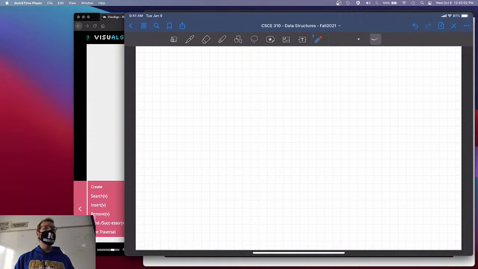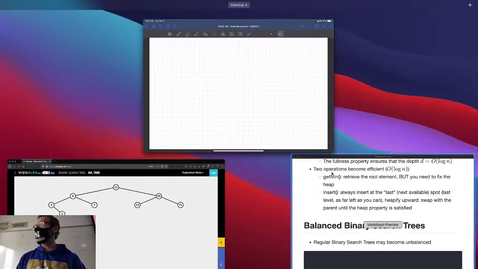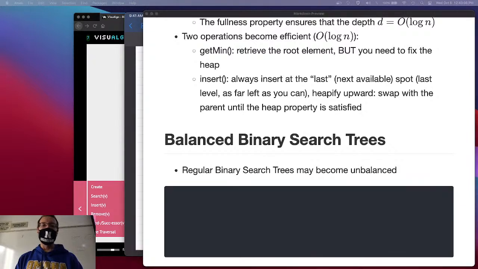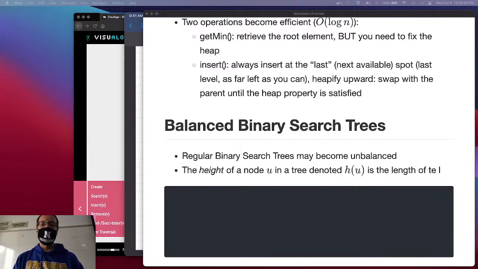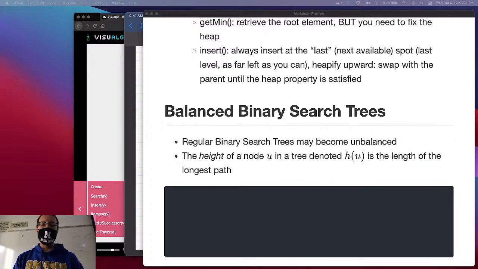What does it mean to be skewed, okay? For that, we're going to have to define a new concept. Or maybe it's not a new concept, but maybe you've seen it before. But the height of a node U, in a tree, in a binary search tree or a tree, whatever, denoted H sub U, is the length of the longest path to any descendant